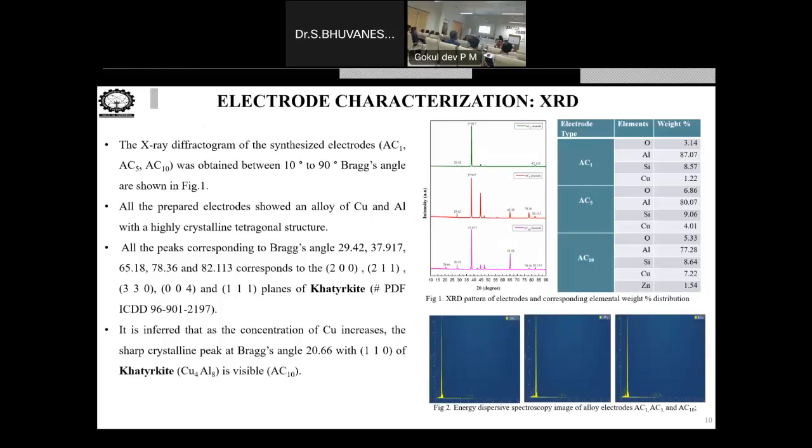Now coming to the prepared electrode characterization. The alloy electrode has been prepared. Five different combination studies have been done. First is aluminum, second is copper, AC1, AC5, AC10. So regarding the electrode characterization,